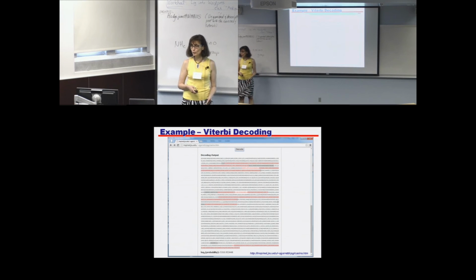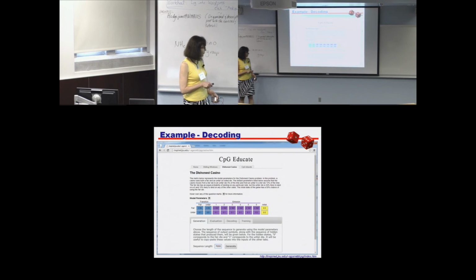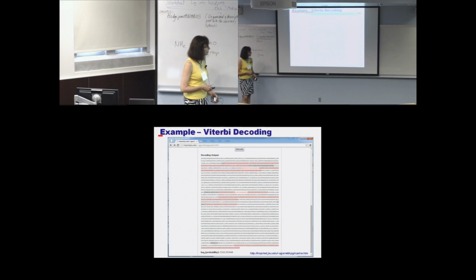I forgot to tell you that in addition to the generated sequence here, you will also see a sequence of zeros and ones that tells you what die was used to generate which entry. And then you can paste that sequence back into the decoding tab, and if you paste both sequences,